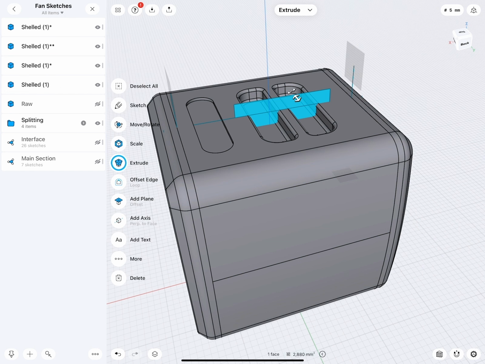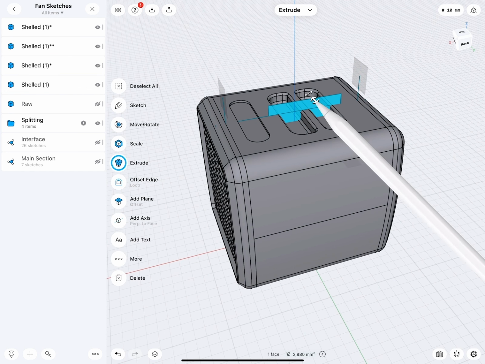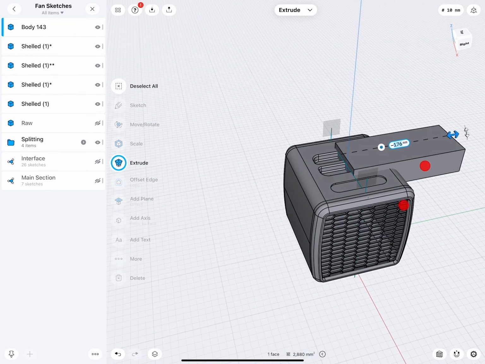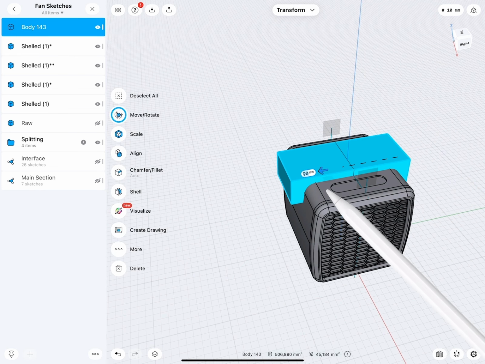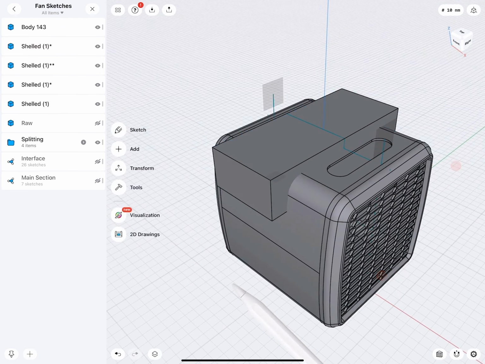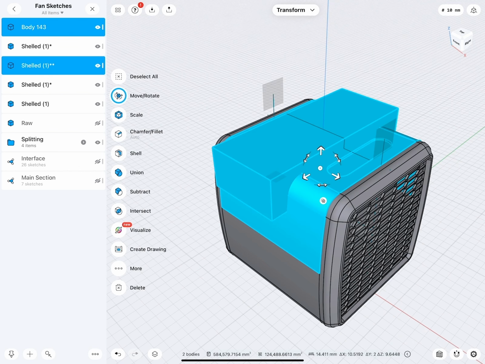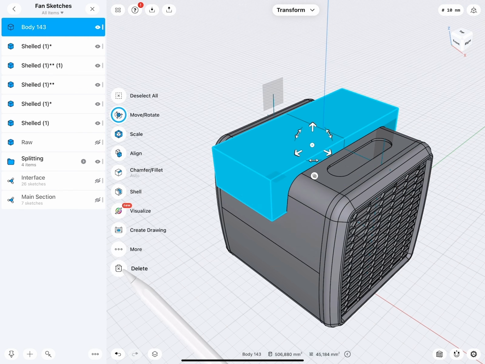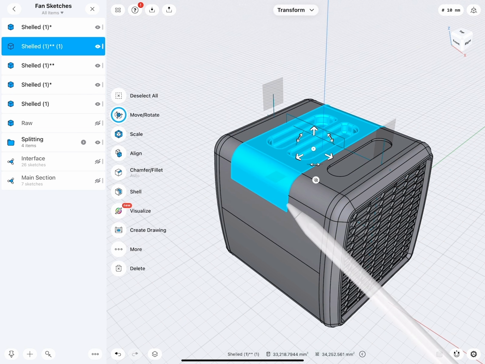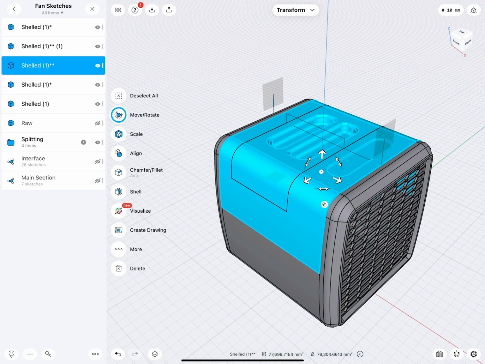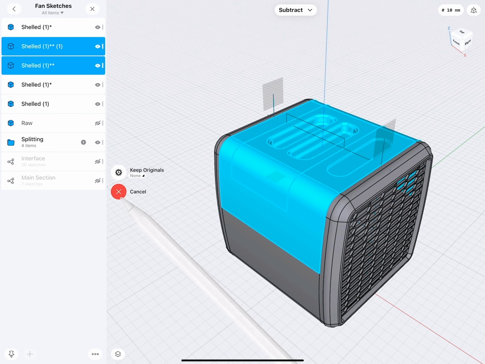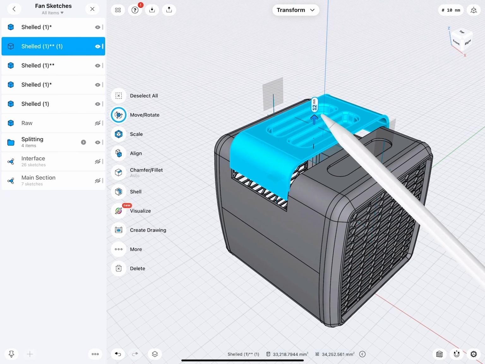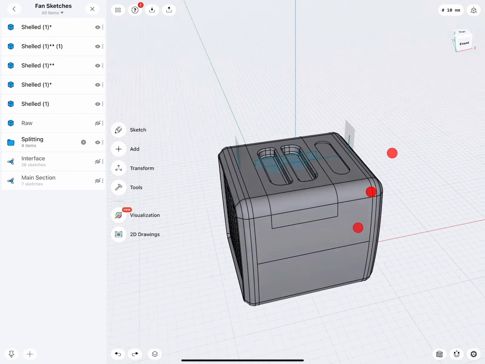Now, how do we do this part here? I would like this to slice out. So this is a little bit more complicated, but check this out. I move this out, but then say new body. Thank you. And this I move back. Very good. Now, we say intersect. Keep originals. Thank you. This we remove, and then we have this, and we have the lid. And from this, I would like this to be removed. Keep the original in this case. There, we have it. You see, super easy how we sliced everything.